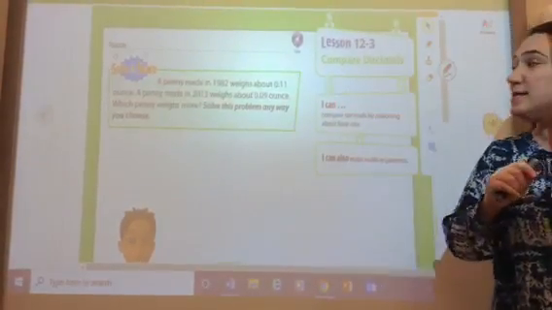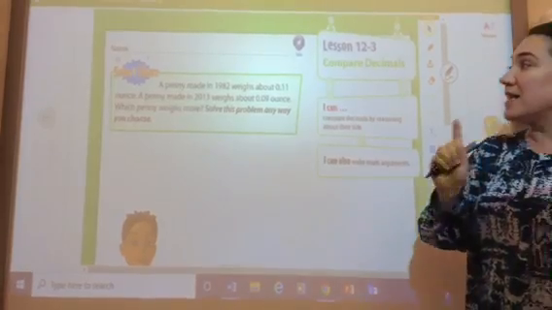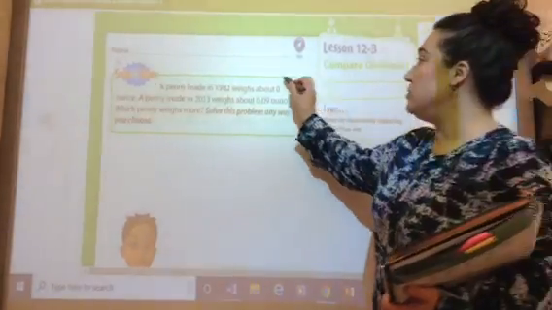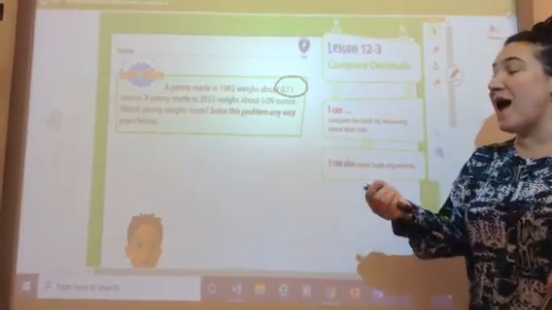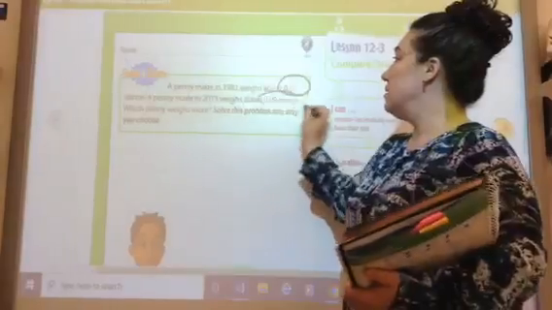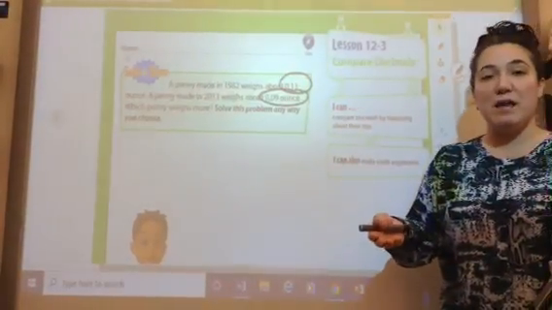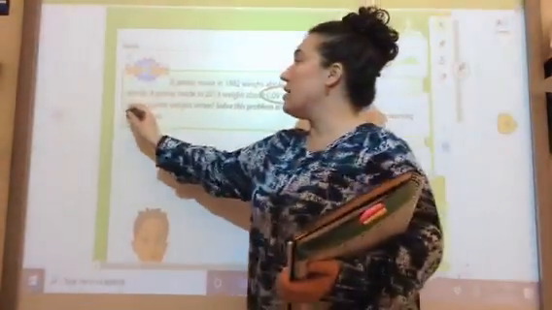A penny made in 1982 weighs about 11 hundredths of an ounce. A penny made in 2013 weighs about 9 hundredths of an ounce. Which penny weighs more? So I like to circle my important